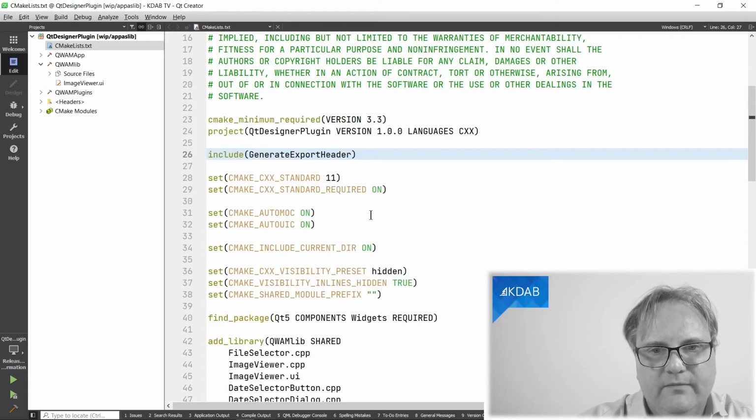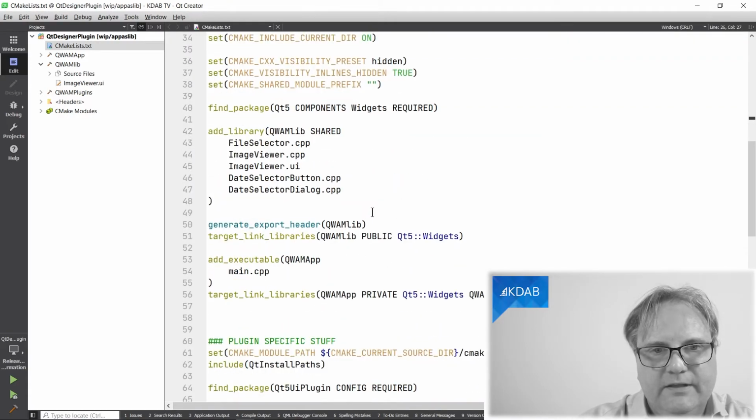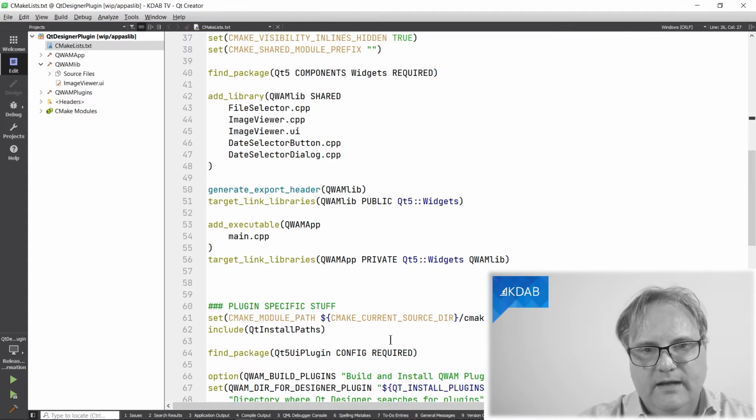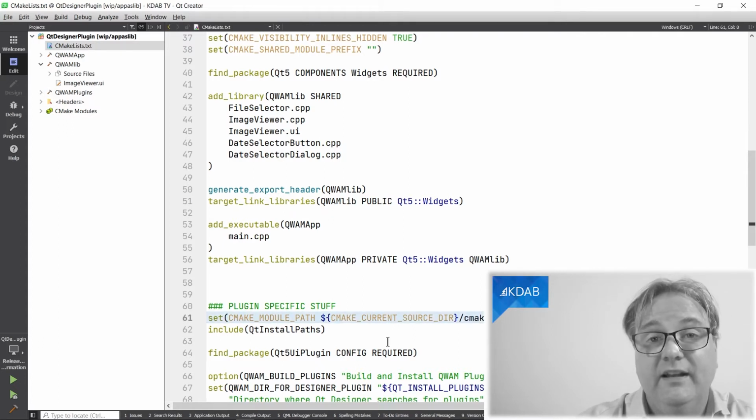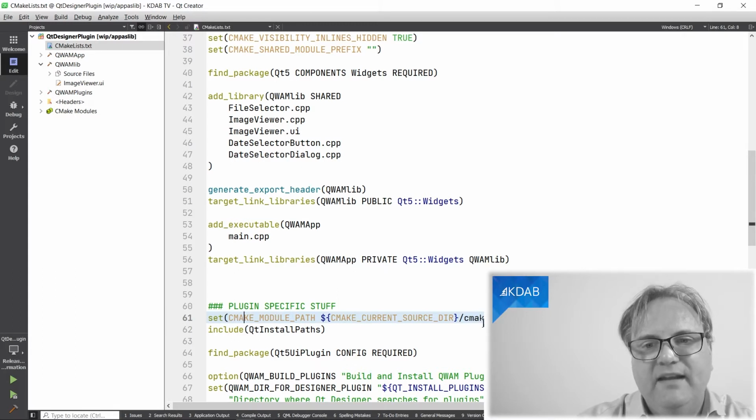I cannot find it. That's marvelous. There it is. It's the very first line in this plugin specific stuff. And see, I set up a CMake subdirectory of my current work directory, and from there I ask for the Qt install path.